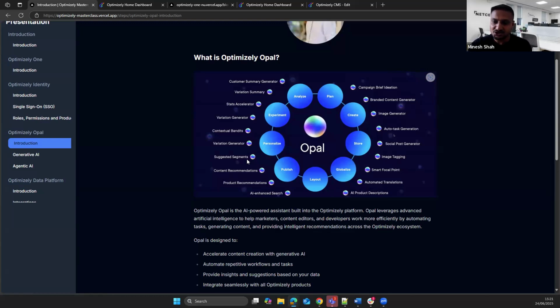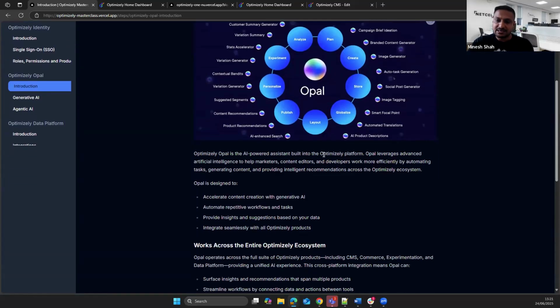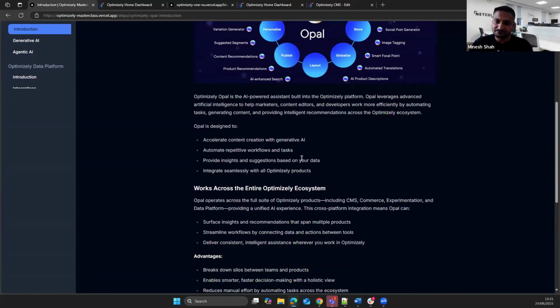Provide insights and suggestions based on your data. So because it has context of, let's say, the ODP or your experimentation platform, it can look at that information and actually give you very targeted information. It integrates seamlessly with all of the Optimizely products. There's no gap or there's nothing where it can't talk to a specific product at the moment. So yeah,